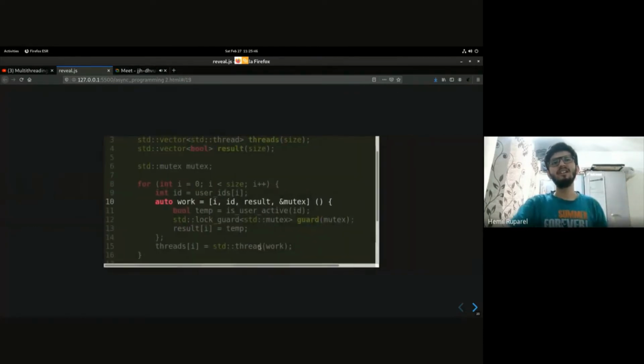So in this particular lambda, this is exactly the same function as before. But I have made one silly mistake over here. I have forgotten to pass result by reference. Now, this is the kind of mistake that your static analyzer won't catch, that your compiler won't catch, because this is legal code, right? But upon execution, this won't do what we expect it to do because we are changing the local copy of the result, not the result itself.